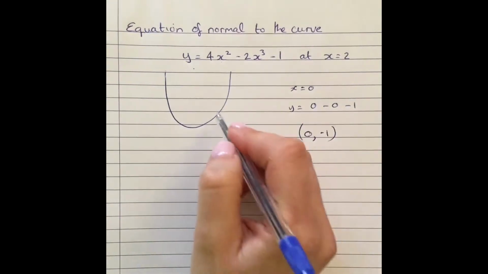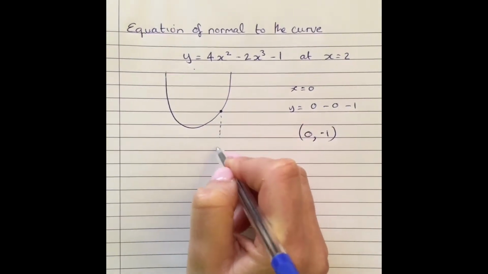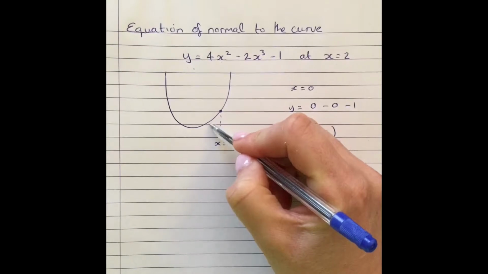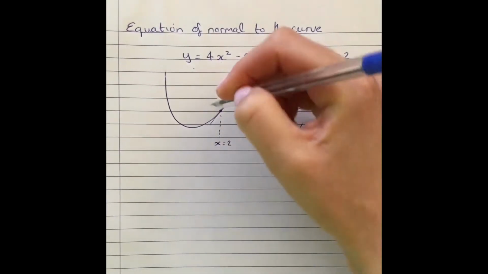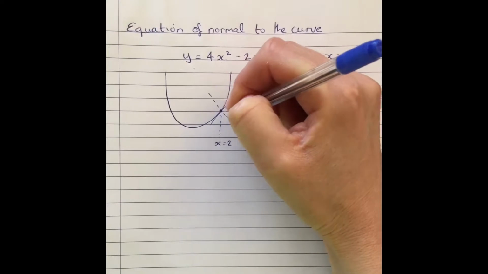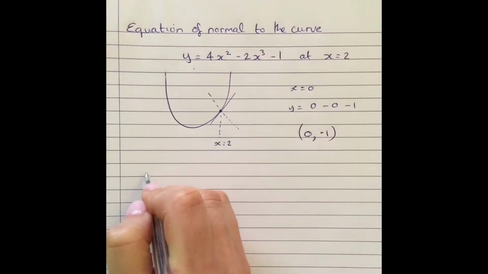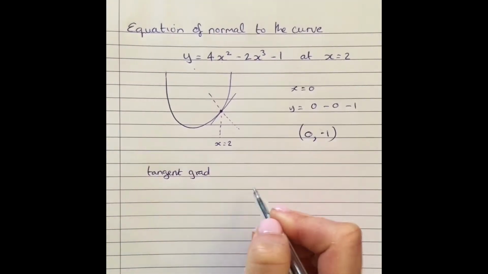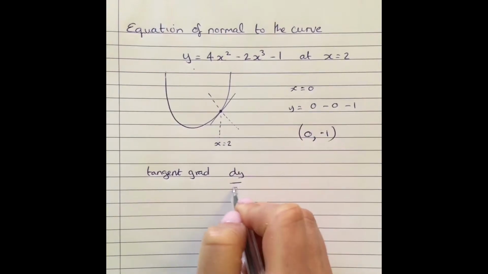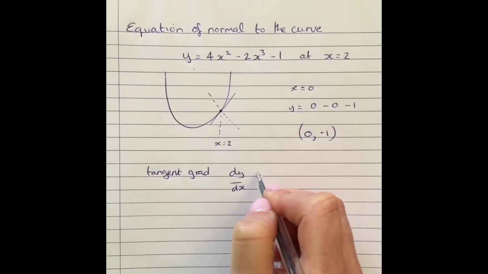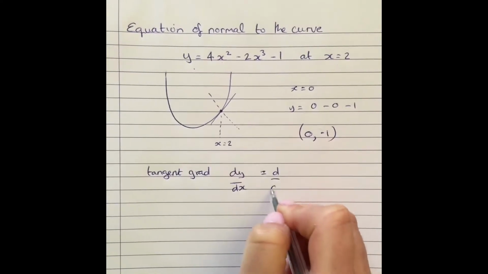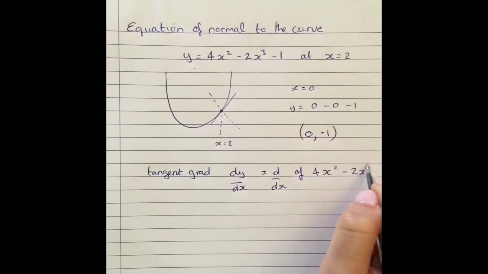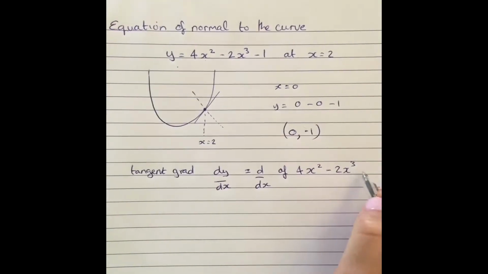Now, say x was 2 here, x equals 2. Then your tangent to the curve would be here, and the normal to that tangent is here. So what we're going to do is get the tangent gradient first. Now the tangent gradient is dy by dx. dy by dx is going to be d by dx of the 4x squared minus 2x cubed minus 1,